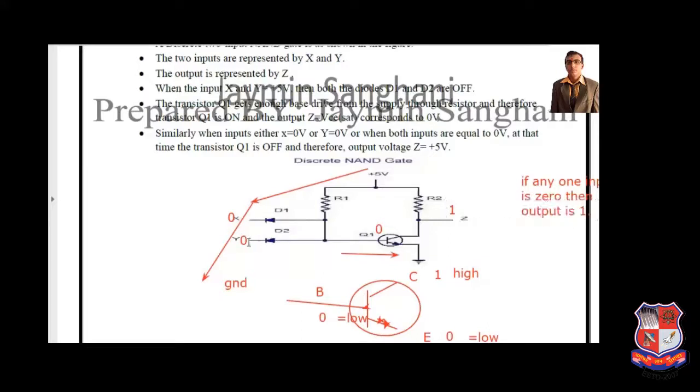Similar for here, if here we can apply 1 input, here we can apply 0 input, then obviously this diode acts as a forward bias, but this diode acts as a reverse bias. So here also we can get 0 volt. Why? Because this is forward bias, all the current can flow like that. So here we cannot get current, because current flows in the low resistance path.